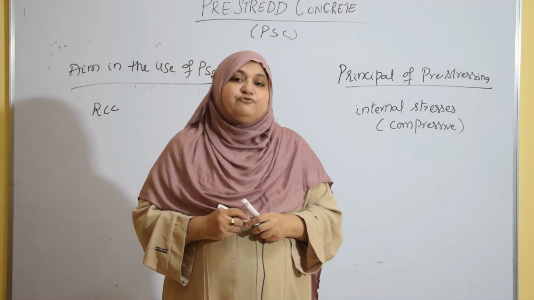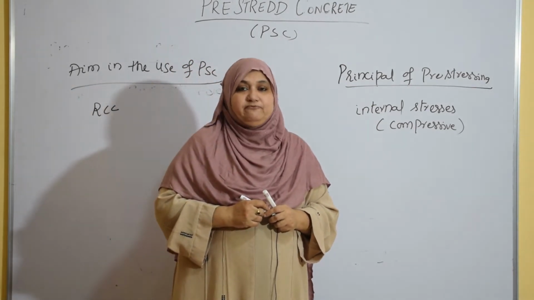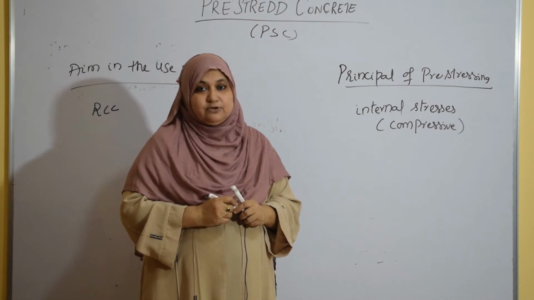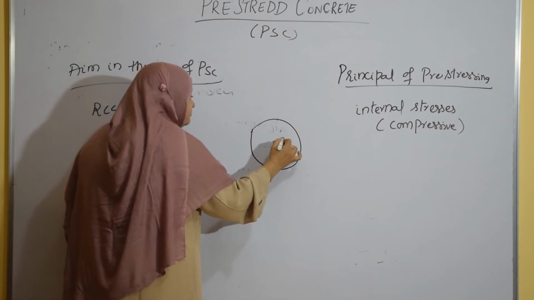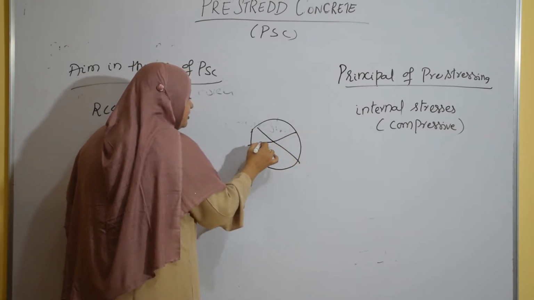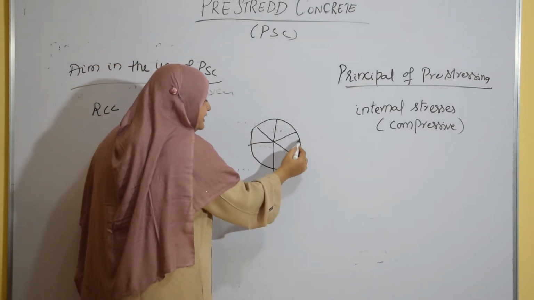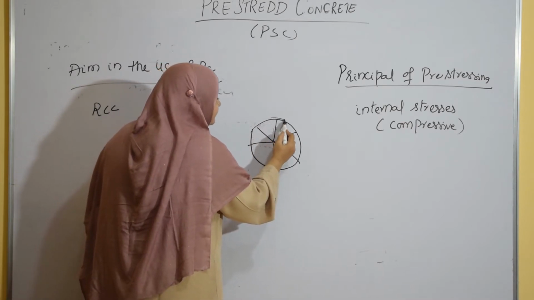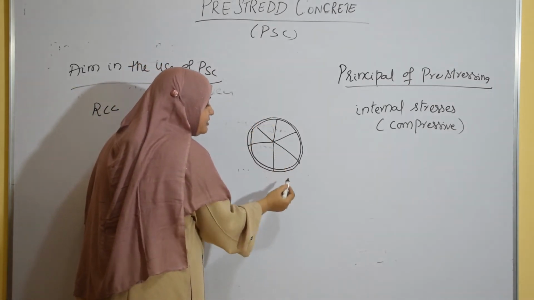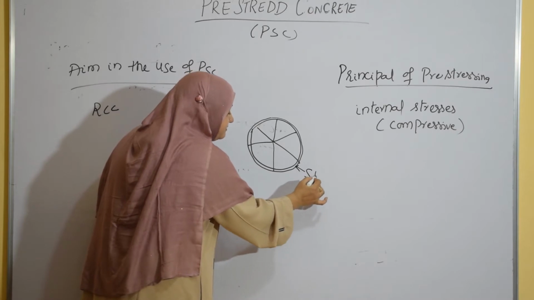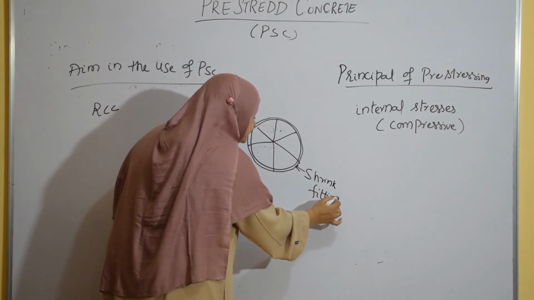Fine, right? So if you want me to give one example, you can see shrink fitting of a metal tire on a wooden wheel. Olden days we used to have bullock carts. Those bullock cart wheels used to be of wood, if you have observed it in your villages, right? So over this wooden wheel, there will be one metal tire. This metal tire is fitted on the wooden wheel by shrink fitting. I'll explain what it means.